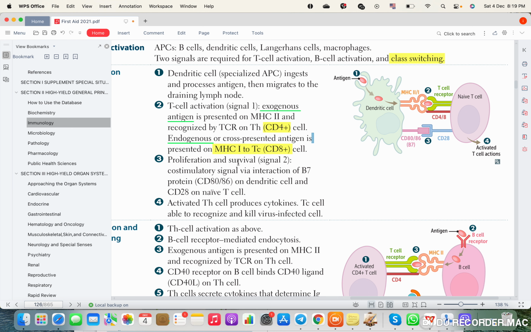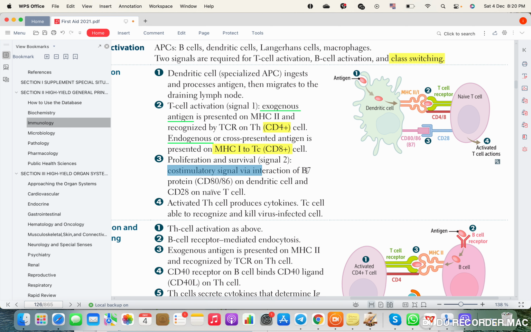So proliferation and survival is signal 2. So notice the first signal was here. It was a connection between the MHC and the T cell receptor. That was the first signal. The second signal is this one. It's a proliferation and survival signal. It's a co-stimulation